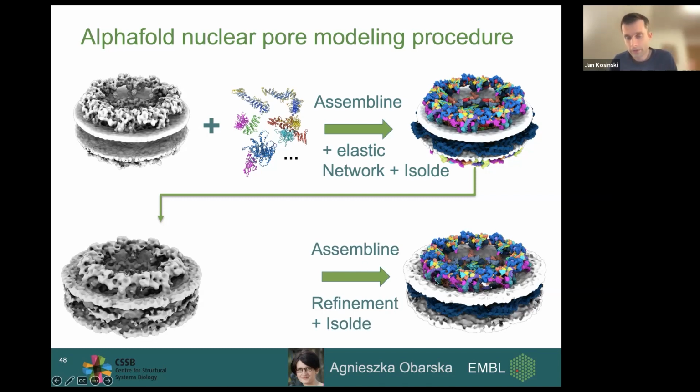And this, I think, also showcases various applications you can use. You can actually refine a model in the map. So even maybe you already put your structures in the map and you just want to wiggle them and refine them so they stop clashing with each other. You can also use Assembline just running the refinement step, like here.